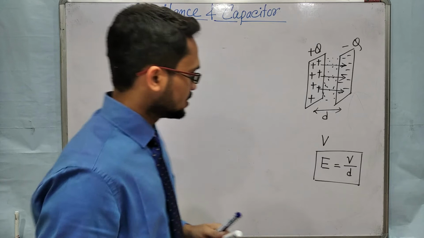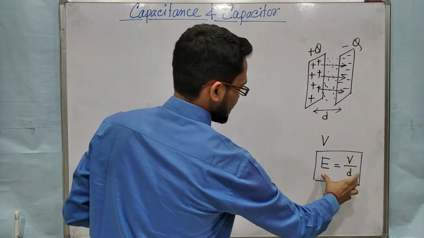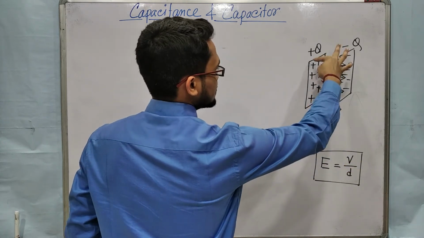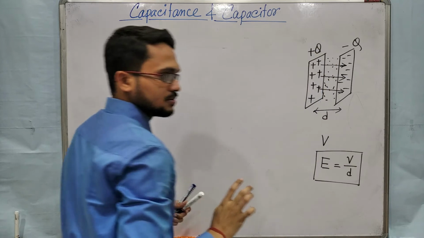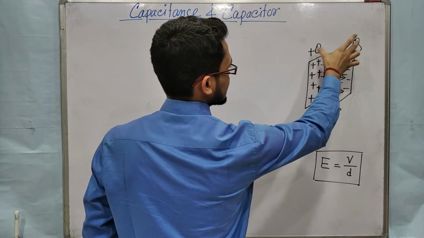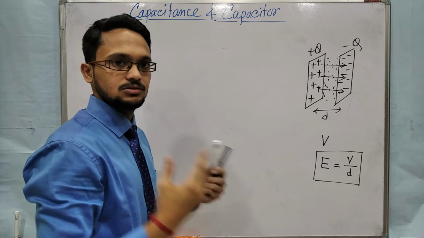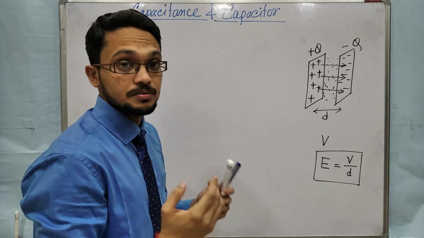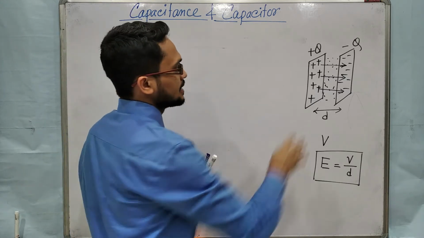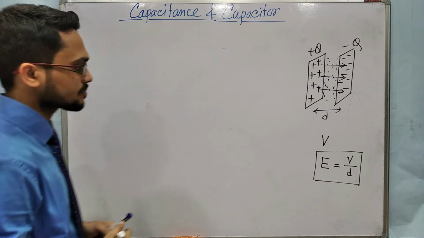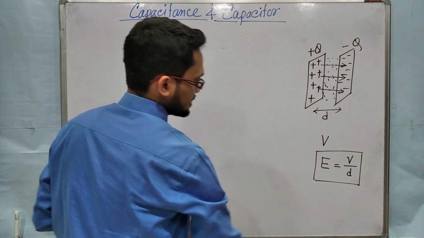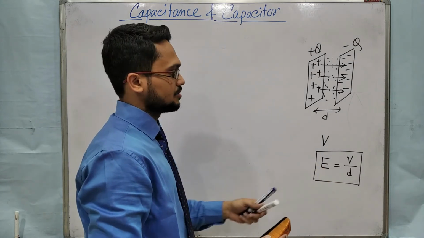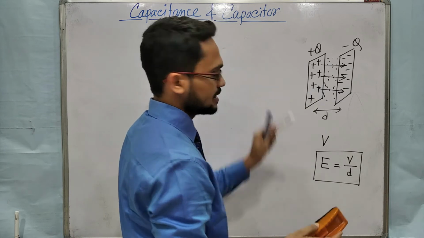So these are a few terms. E is uniform and equal to V by d, and the charge of the capacitor is taken as Q. But the total charge of the capacitor, plus Q and minus Q, is equal to 0. Total charge will be 0. But if it is asked what is the amount of charge of a capacitor, it is plus Q. This is a small part I am discussing here. As we derive a few quantities, you will automatically understand why I am telling these things.